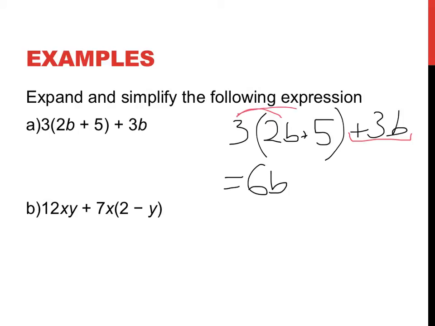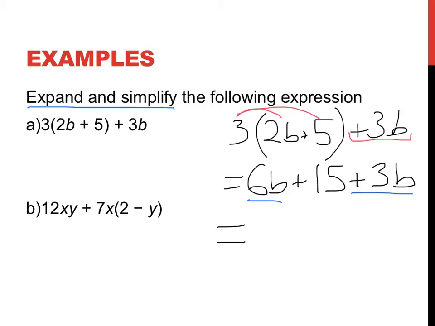Okay, and then I've got 3 multiplied by 5. 3 multiplied by 5 is 15. And then I just add that other thing that was on the right that wasn't part of the brackets, plus 3b. Ooh, my question asked me to expand and simplify. I notice that there's a 6b here and a plus 3b. So I can't ignore the fact that they're like terms. I must write it as